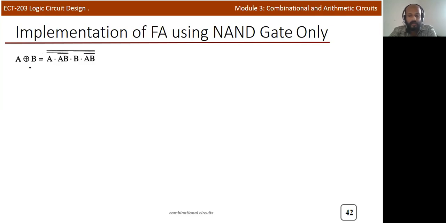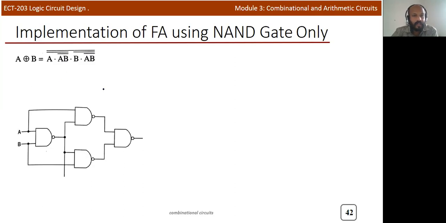Now the half adder circuit we already discussed. By using NAND gate, we can implement it like this. If A and B are the inputs, the final output will be like this. This is A·B the whole bar, and this is A actually. Okay, this is B and A·B the whole bar, because this is B. Finally you will get A XOR B, which is similar to this expression. Just refer to the previous slide.